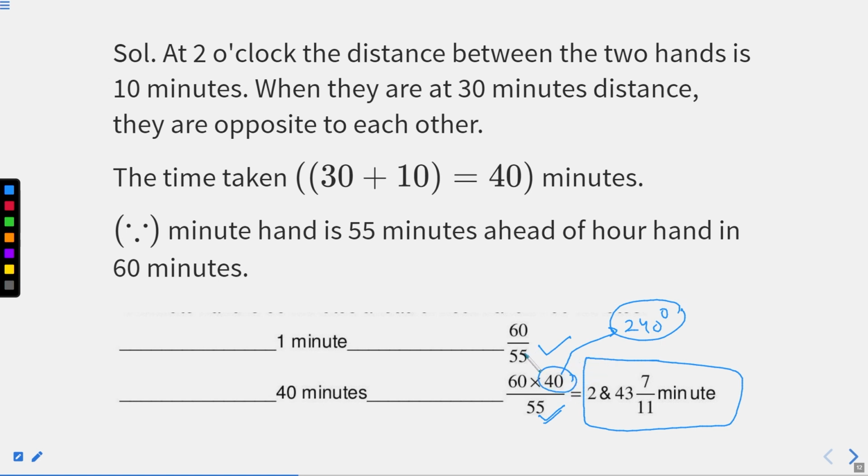That is why I am using the angle method right now, in which with the help of angle we are calculating it, right? With the help of angle we know that in 1 minute we are down by 11/2 degrees, and in a minute we are reducing a distance of 60/55. We are traveling this much distance. So in order to cover 40 minutes, we will be multiplying the same number by 40. Eventually we'll get the same answer. I hope both the questions are clear now.